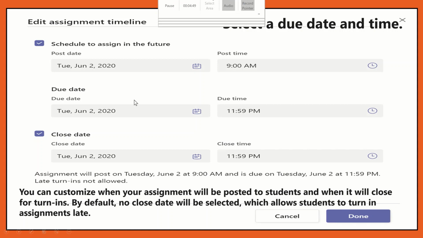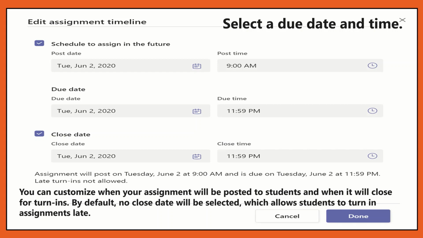Then we have due date and due time. This is the time when they have to submit, but once you set the close date and close time, students cannot submit after this time. So once you set this, the assignment will post on, for example, June 2, and due is on Tuesday at 11:59 p.m. Late turn-ins not allowed.